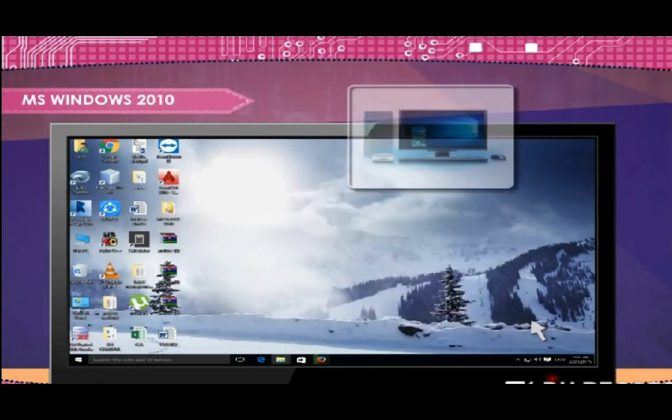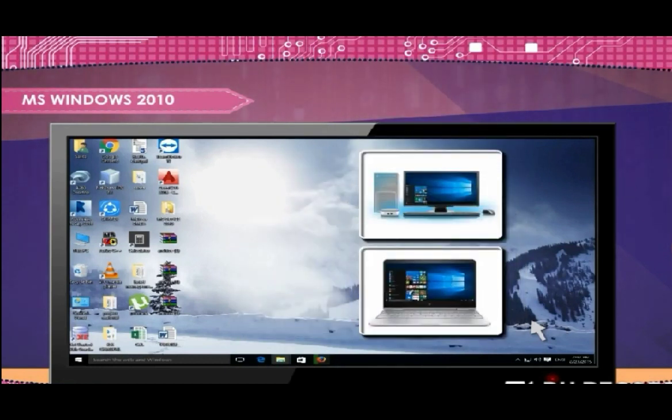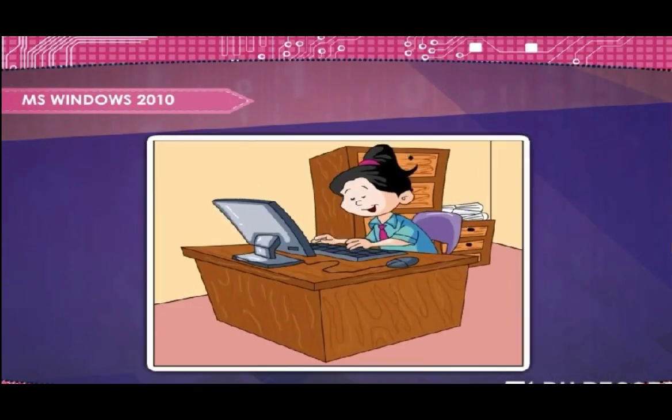All these are developed by Microsoft, and the latest version of Microsoft Windows is Windows 10, which can work on laptops as well as PCs and in phones also. And Windows 10 has many features that make it different from other Windows versions. Like it is easy and attractive and interactive to use. It is much more personal.